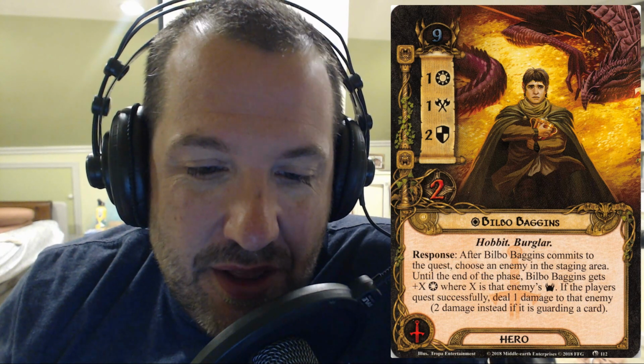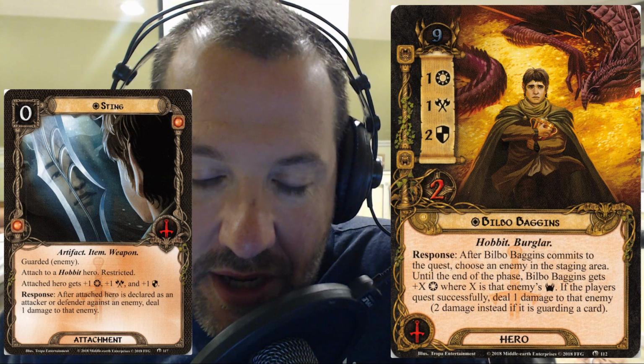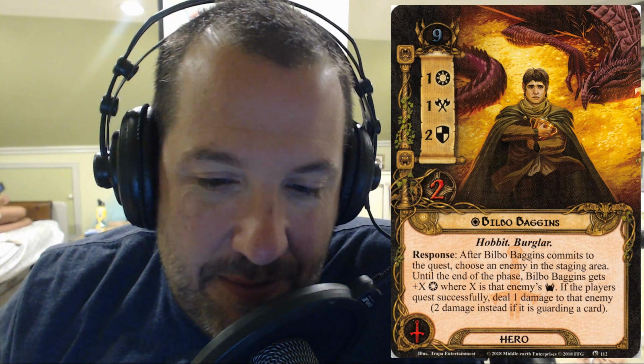I don't know. I think the Tactics Bilbo may get better the more people you play with. Like, there may be a sweet spot in there. I don't know, because I don't play multiplayer all that often, but I just feel like if you put Sting into the deck, which is a guarded card, but it's guarded by an enemy. It has to be an enemy. So if that comes out, now Sting